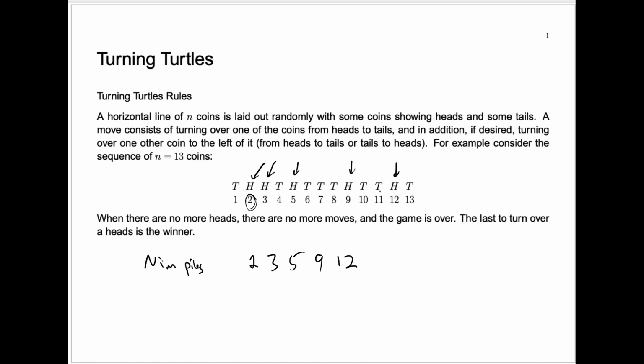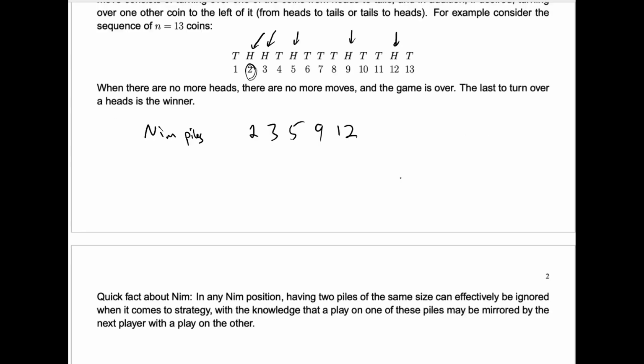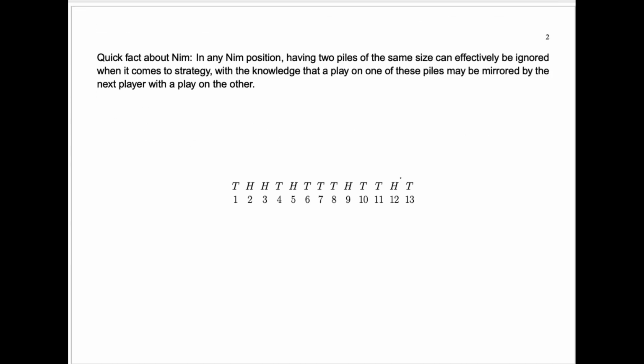You might think any NIM position could be turned into a turning turtles position in the same manner. But you'll notice that, of course, these heads are all in different locations. So any NIM position that doesn't have any 2 piles of the same size could be thought of as being like a turning turtles position. But here's a quick fact about NIM. In any NIM position, having 2 piles of the same size can effectively be ignored when it comes to strategy, with the knowledge that a play on one of these piles can be mirrored by the next player with a play on the other. So, for example,